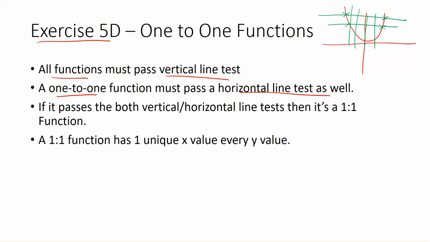So for a function to be one-to-one, it must pass both the vertical and horizontal line test. Now, what the horizontal line test actually means is that it has one unique x value for every y value. So if you have two coordinates, let's just say the graph is just a bunch of points, if I have two coordinates